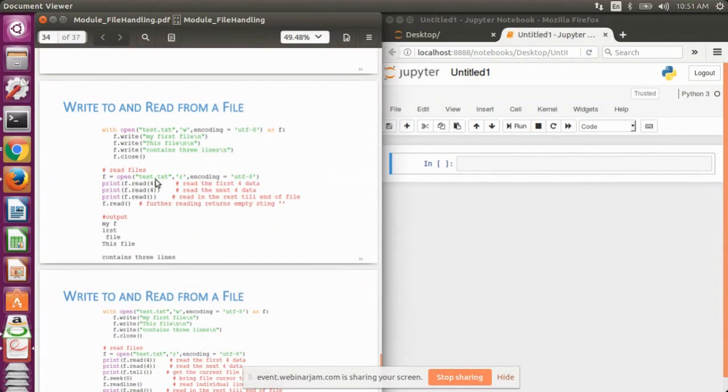Now the difference between this open statement and this open statement is that to open a file you can use two syntaxes. You can use the equal to sign, like here we use f equals to open, and you can also use the with keyword to open a file. Like here we have opened the file by defining with open file name as f.